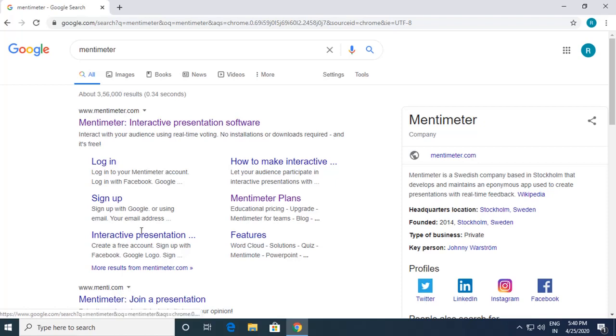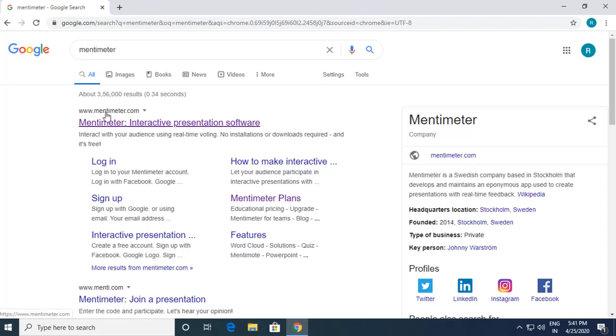When you type this, you can see there is one more which comes in, menti.com, and there also the name is Mentimeter. The difference is that mentimeter.com is a site where we create the presentations, and menti.com is a site where a student or an audience will join. If somebody wants to access your poll, they will use menti.com. A person who wants to create a presentation will use mentimeter.com. Later we will log into menti.com and I'll show how it works.